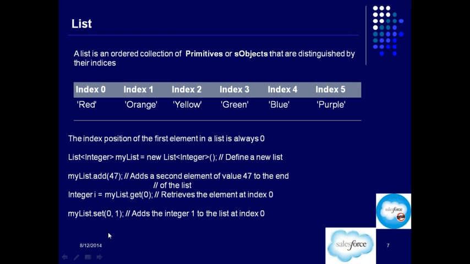So, yeah. The next thing is set. So set basically adds the integer 1 to the list at an index number, right? In case you want to set some value at a particular index number, that can also be done. So this one is basically setting a value 1 at index 0. You could have set it at index 5 also, if you want to change it. So you can fetch the value from the list, you can set the value on the list, that can be done, fine. So that is about our